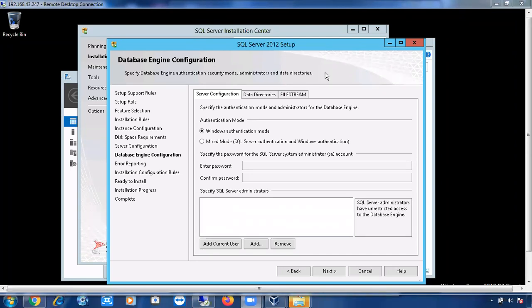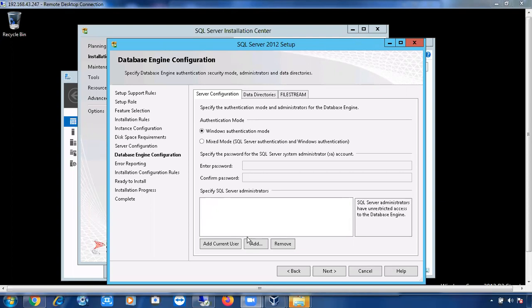Once they can connect to the SQL Server, they can create new logins and give permissions to other people. Got it? So this screen allows you Windows authentication as well as mixed mode authentication. Apart from that, it will ask who can access this SQL Server. You have to provide the login names here. Only those accounts you mention in this area can access the SQL Server initially. Other people can't access. If you don't provide any name, no one can access the SQL Server.